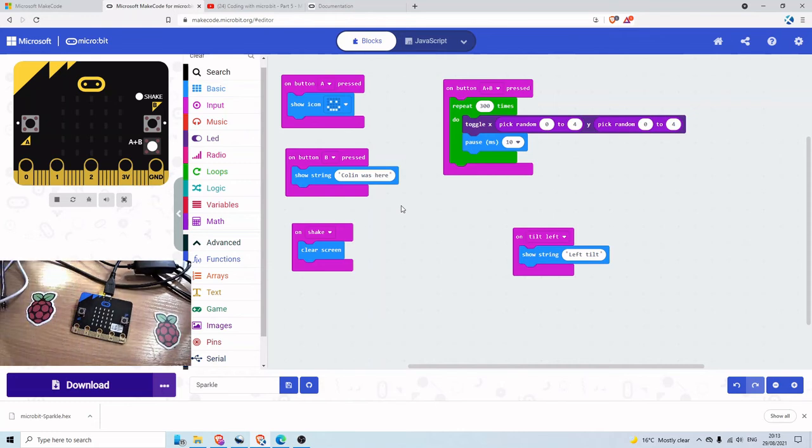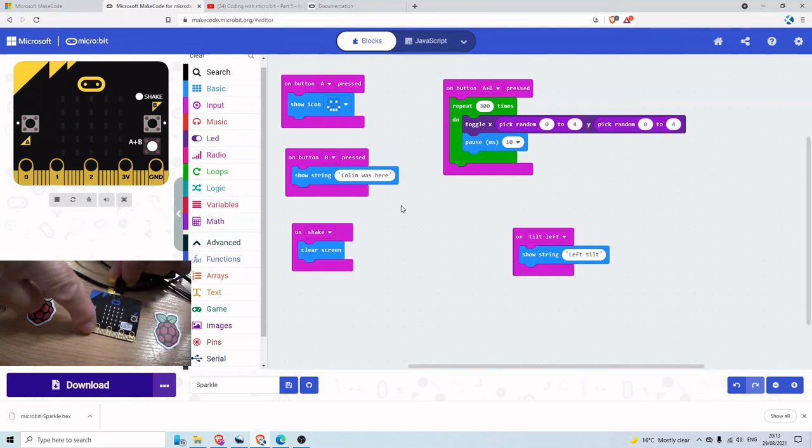Okay, so that was all I was going to show you in today's video, but because this is the last one, I just wanted to point out to you there are some other things you can do with the microbit. Along the bottom edge here there's lots of pins, as they're called, and you can attach things. There's projects on the